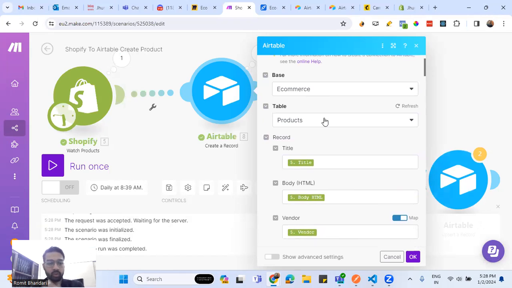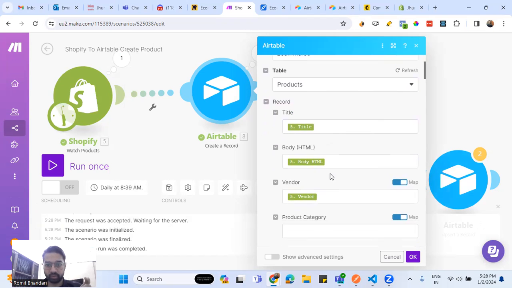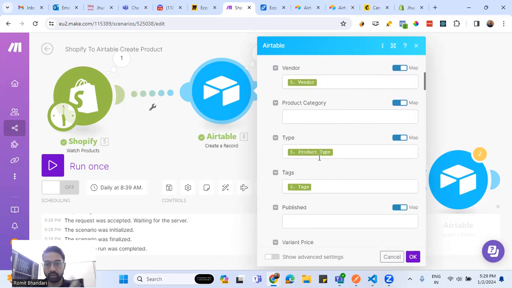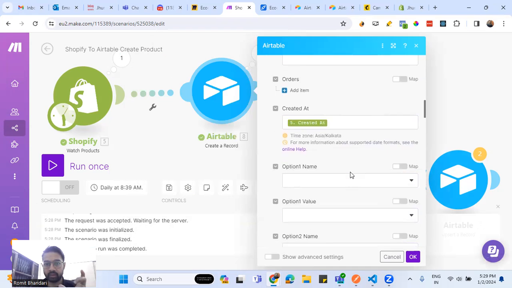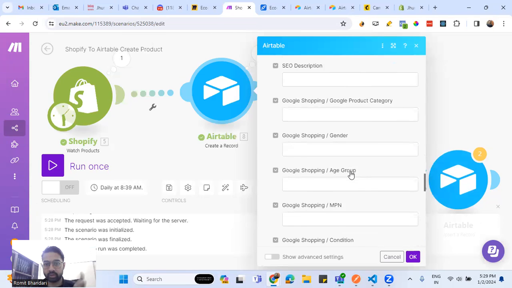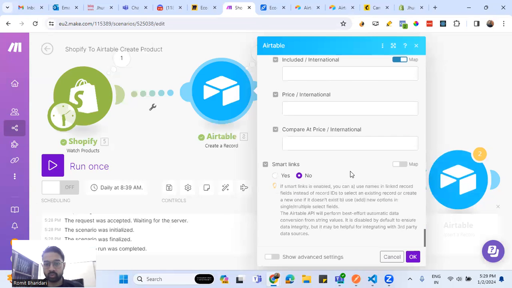Here I'm looking for a table known as products. Under Airtable, under base e-commerce, I have mapped title, under that e-commerce table, title to the title of Shopify. Similarly, body to body, vendor to vendor, product type to product type, tags to tags, and other options to the